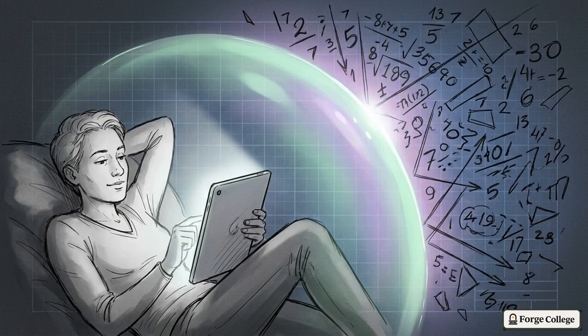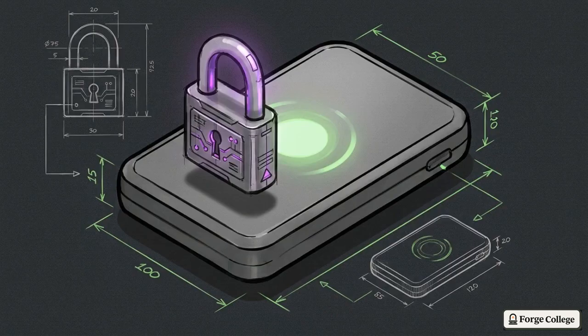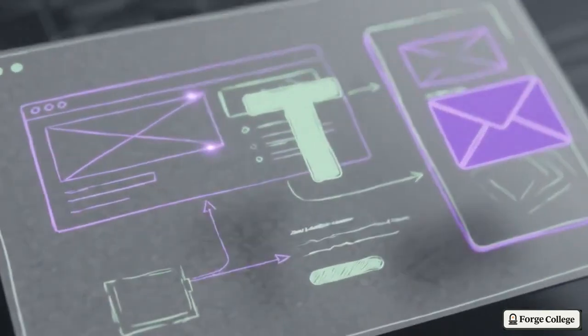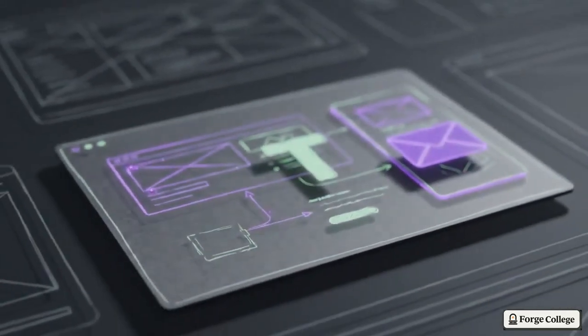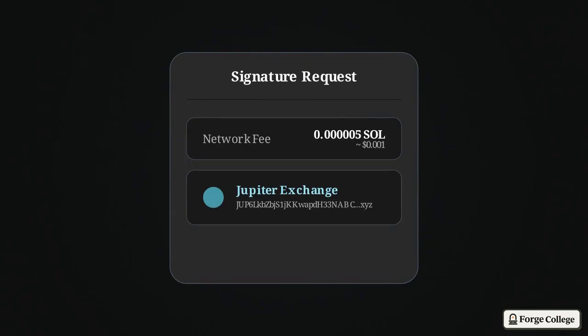of raw blockchain math. Once the user clicks Proceed, we enter the awaiting wallet state. The user has agreed to move forward, and now the app must formally ask for permission to use their digital wallet. Here is the ApprovalModal component. Watch this clean panel slide firmly into the foreground, while the background blurs and darkens, locking down the screen. To prevent accidental clicks, Forge College design courses emphasize that the inside of this modal must be crystal clear. You have to display the exact network fee, identify who is receiving the funds, and offer 2 explicit buttons: approve